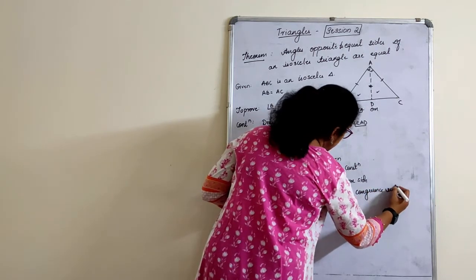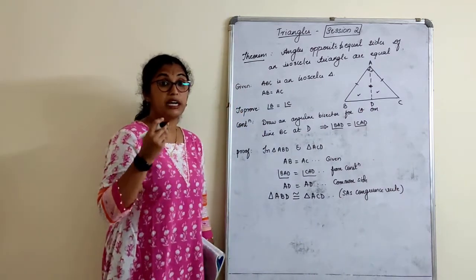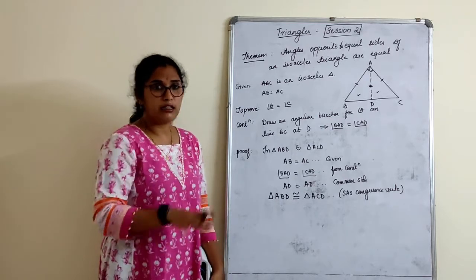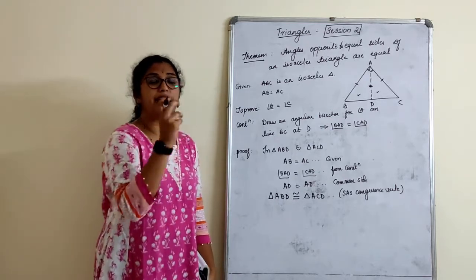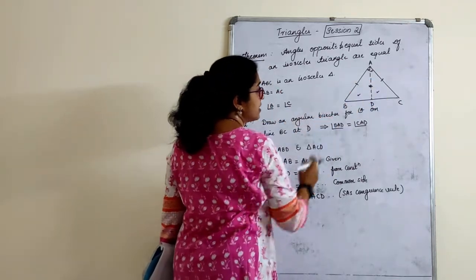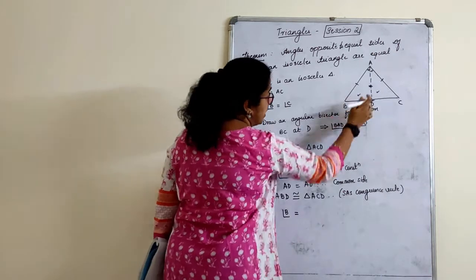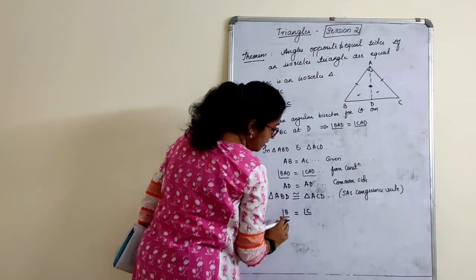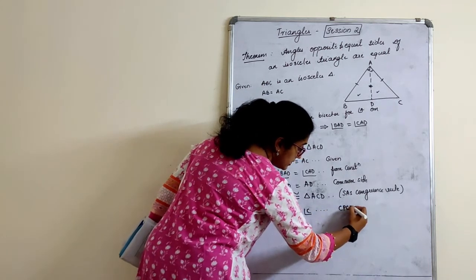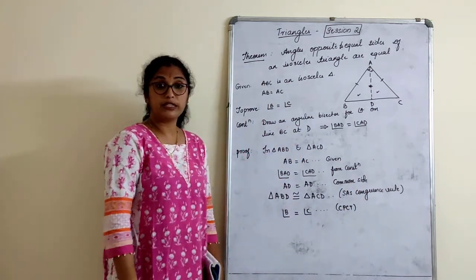Right? We know that whenever the given triangles are congruent, CPCT: corresponding parts of congruent triangles are equal. You need not write all the corresponding parts. You can write only the part you want. What do we want? We only want the angle. So from this triangle, I can say angle B, and from this triangle, I can say angle C. Angle B is equal to angle C. Reason: CPCT. Over. Therefore, angles opposite to equal sides are equal.